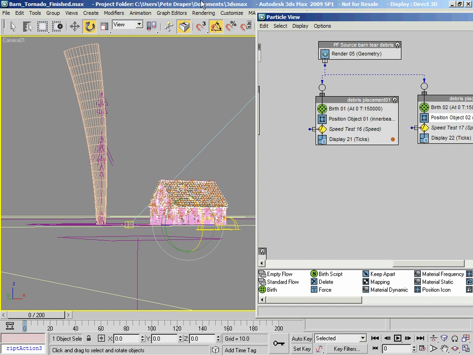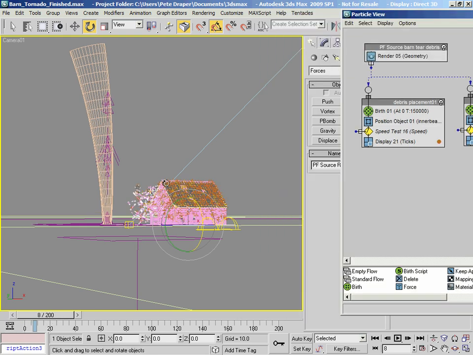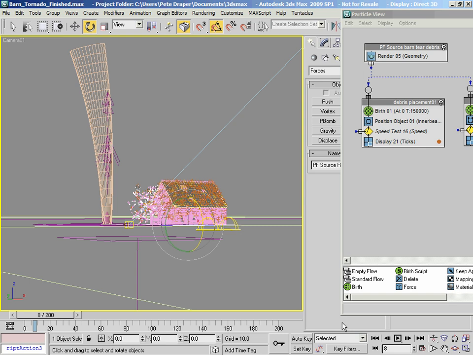Obviously bear in mind we're only seeing 1% of the total amount. If I scroll through here, you can see the particles are locked onto the objects, and it's updating quite slowly. So if I turn off real time and play forward, you should be able to see these guys just going through from one frame to the next.